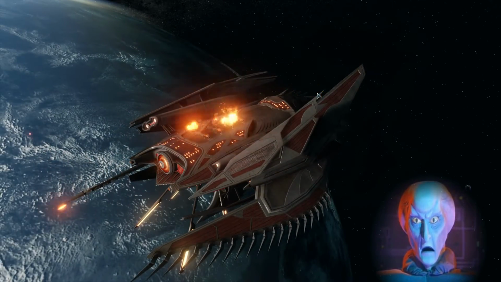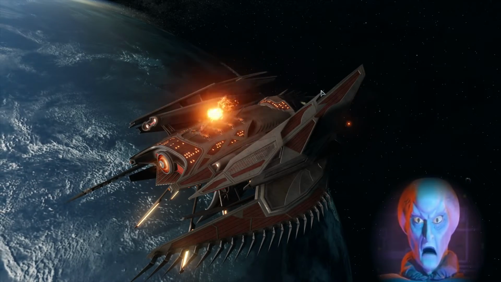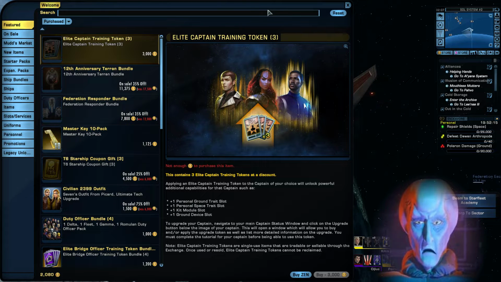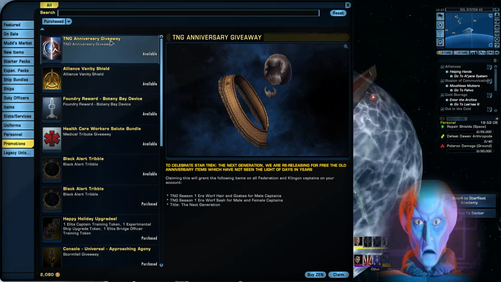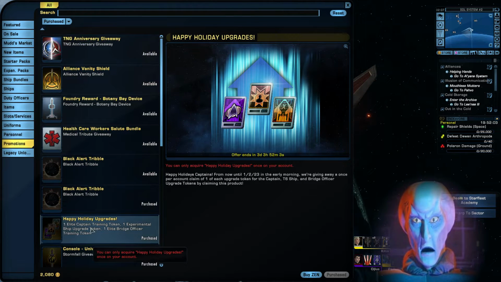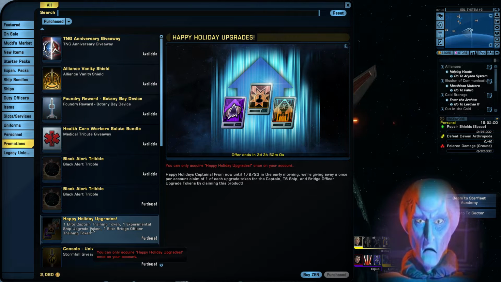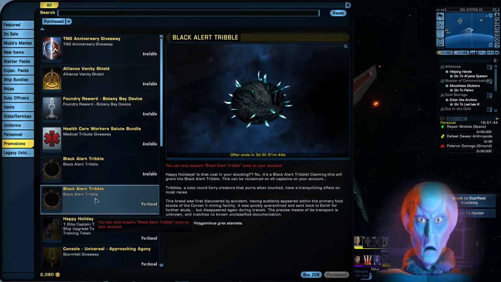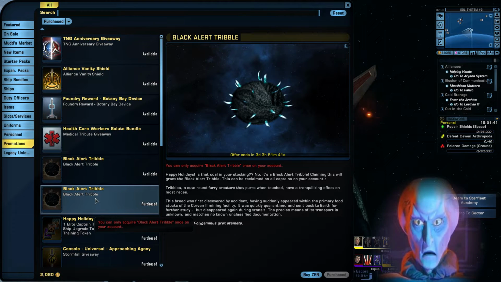Oh, and before we take her into harm's way, just some very important information for you. Now then, for those of you who are not aware, if you go into the promotions tab in the JeSter, you will see that you're able to claim some happy holiday upgrades. Now be quick, because as of today you've only got 3 days and 3 hours and 51 minutes to claim them, but they're free, so you may as well get them. Also, you can pick up a black tribble alert, but tribbles are more trouble than...